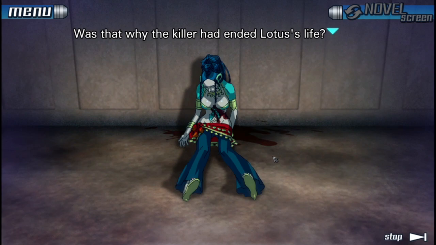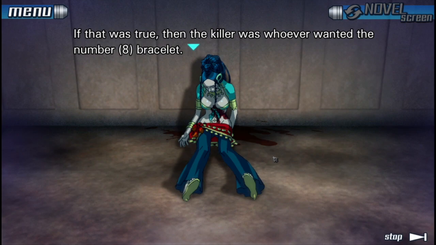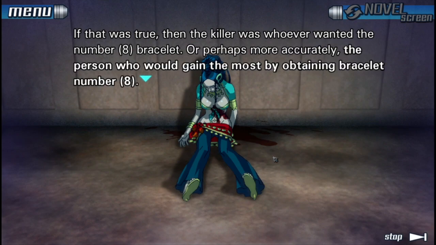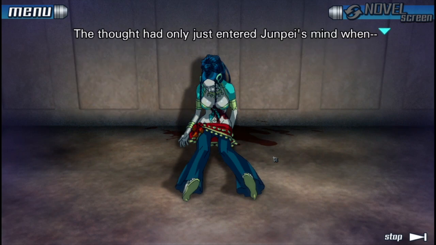Was that why the killer had ended Lotus's life? So that they might have the number 8 bracelet? If that was true, then the killer was whoever wanted the number 8 bracelet, or perhaps more accurately, the person who would gain the most by obtaining bracelet number 8. Who is that? Who would benefit the most from the number 8 bracelet? The thought had only just entered Junpei's mind when